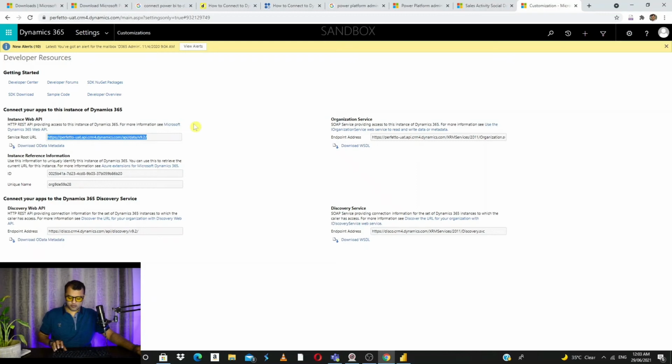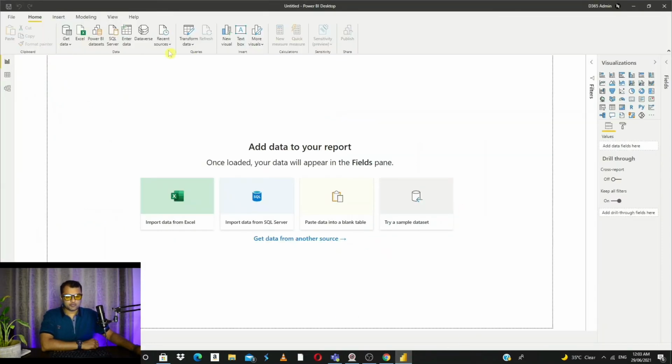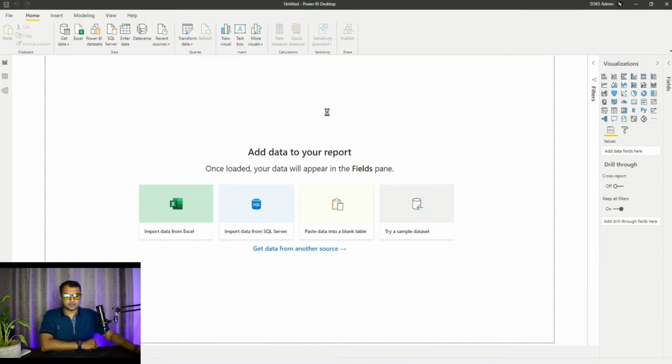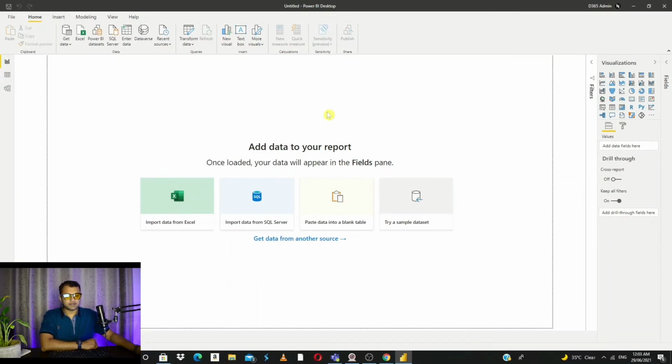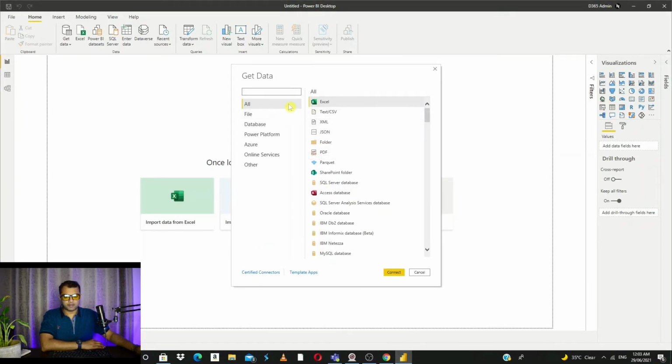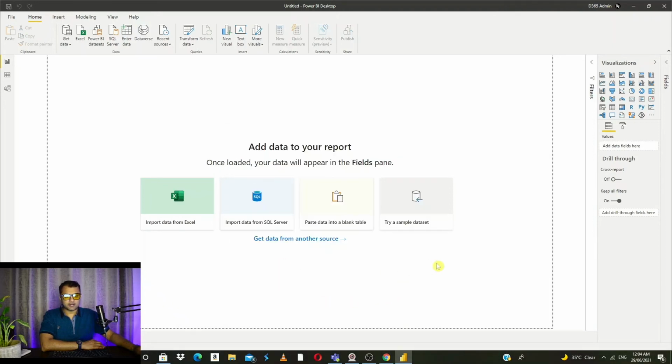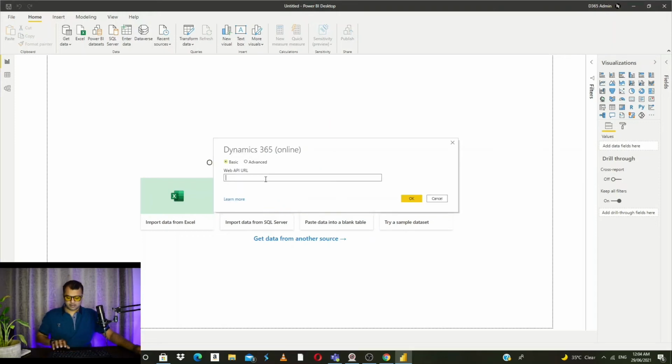Copy this URL, go to Power BI, click on Get Data, click on More, and in the new window, select Dynamics 365 Online. Go to Online Services, Dynamics 365 Online, click on Connect, and here we'll paste the same URL which we copied from our developer resources, click OK.